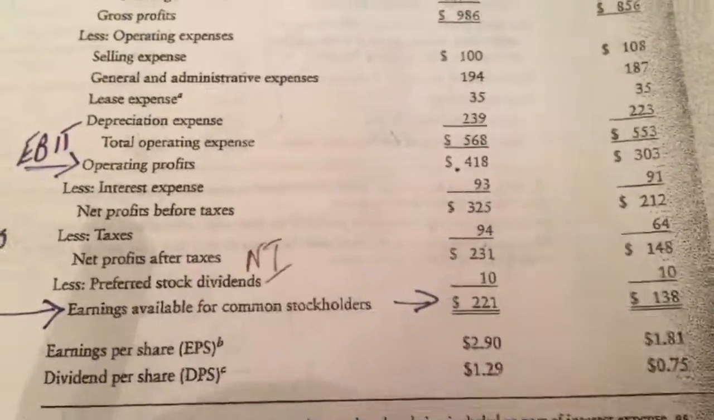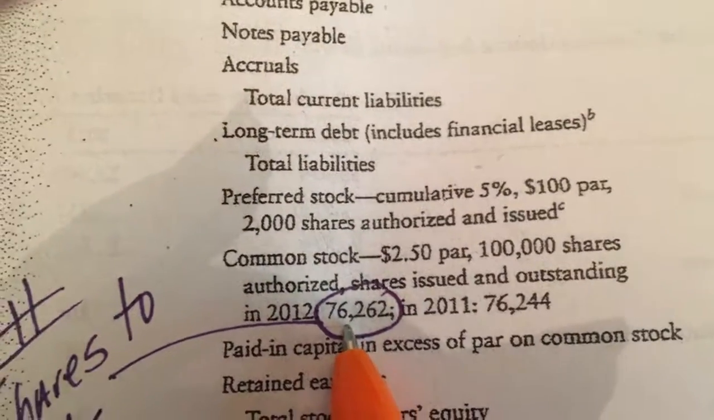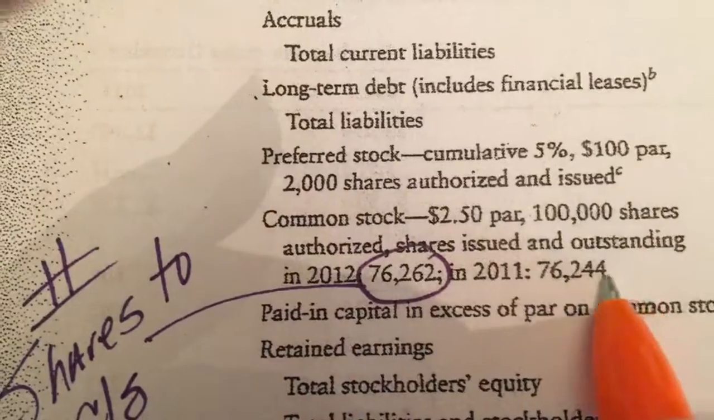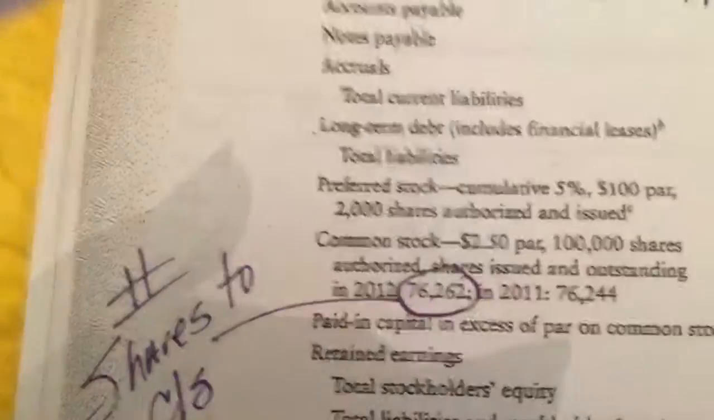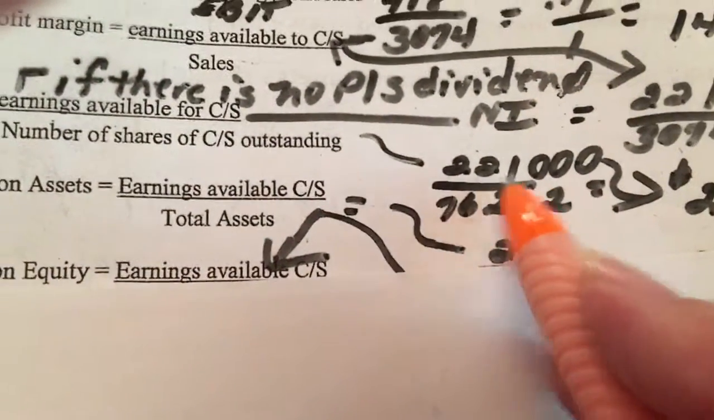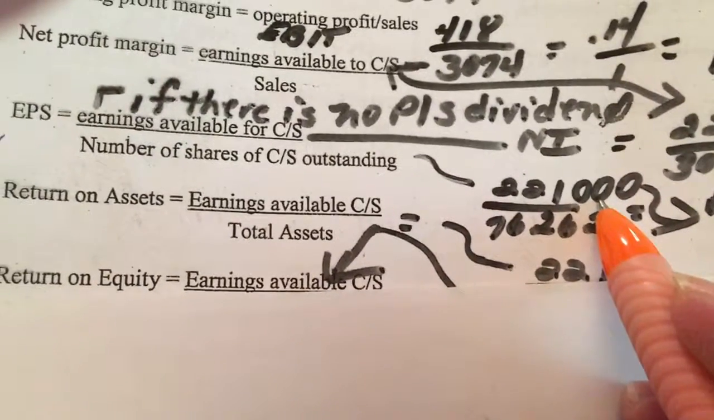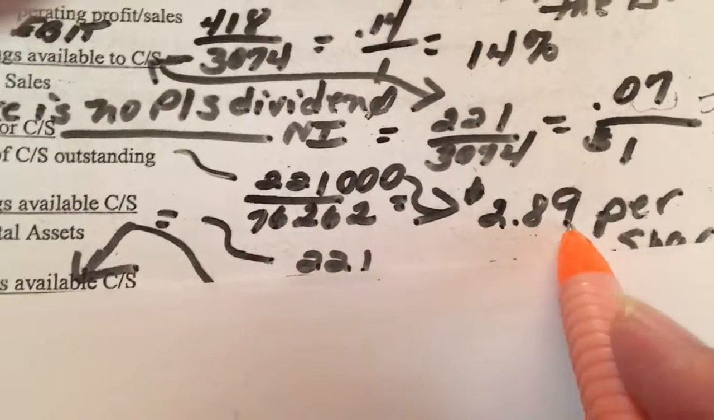Now, where are you going to find that? Well, my husband should have shown you that you go over here to your balance sheet, and if you notice where it says common stock, these are the shares that have been sold. 76,262 is going to be your denominator here. Now, notice when you put it in your formula, in order for it to work properly, you have to add the zeros here. Okay, so we have our zeros added, meaning that we have a dollar amount of $2.89